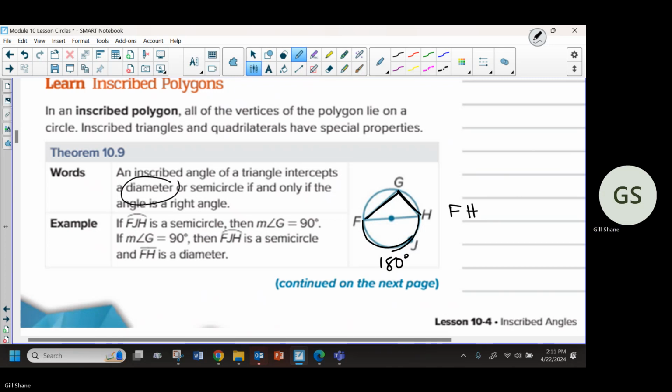Yeah, right there. We know FH is the diameter, because it goes through the center of the circle and it has points that are on the circle. So we know that has to be a diameter. So anytime you make an angle out of the diameter, so you use the F and the H as the endpoints, that has to be a 90-degree angle because like we just said, the inscribed angle,